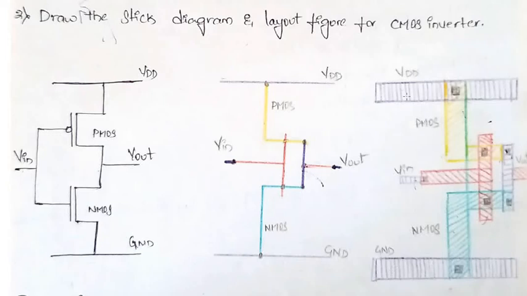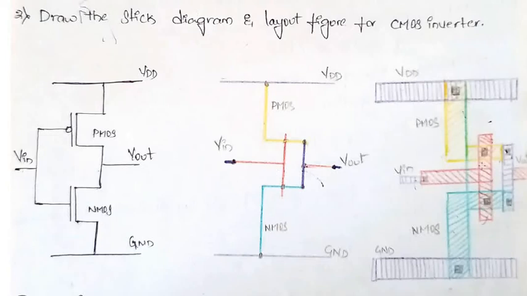Metals have to be drawn with boxes of straight lines, and ground is also with straight lines. And for P diffusion, as I have already said, both the N and P diffusions are right slanting lines, but N is somewhat nearer and P should be somewhat farther, to get the difference between them. So as we have said, some design rules have been changed. For the P diffusion we are giving a yellow color, and for N diffusion green color. Again one polysilicon layer, and this is your gate terminal. Again you have a metal layer, a polysilicon, and the output as a metal layer, to get the output voltage or the output.